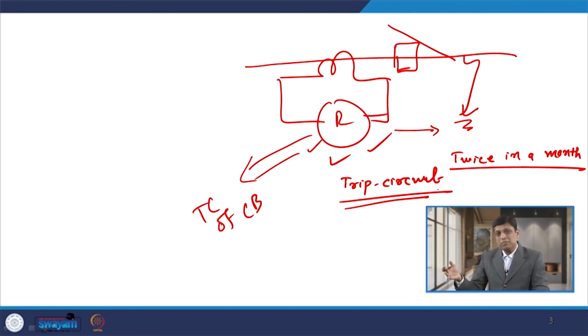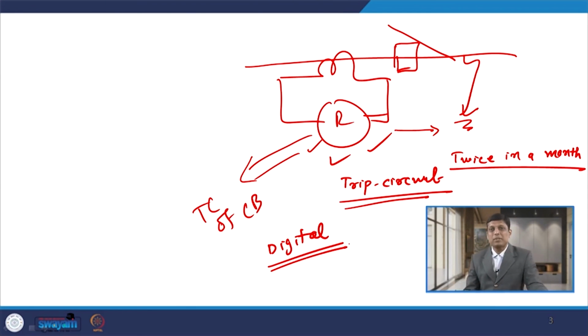The question may come, sir, if we are doing periodic testing and a fault occurs on the line, what will happen? In that case, the primary relay on which we are carrying out periodic testing is not going to operate, but we do have some backup relay. So, we have to rely on the backup relay itself, unless and until we use a digital relay which has the capability of a self checking, self testing feature. So, we need not carry out periodic testing of those relays, as they are capable of carrying out checking by themselves, and we can avoid such a thing.